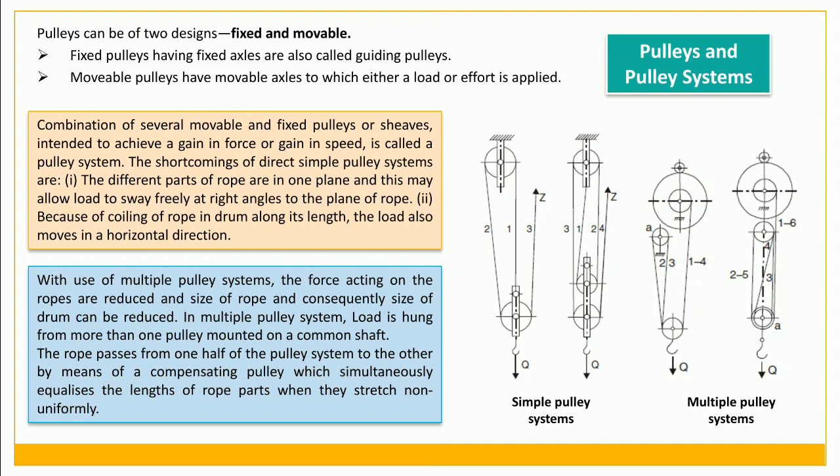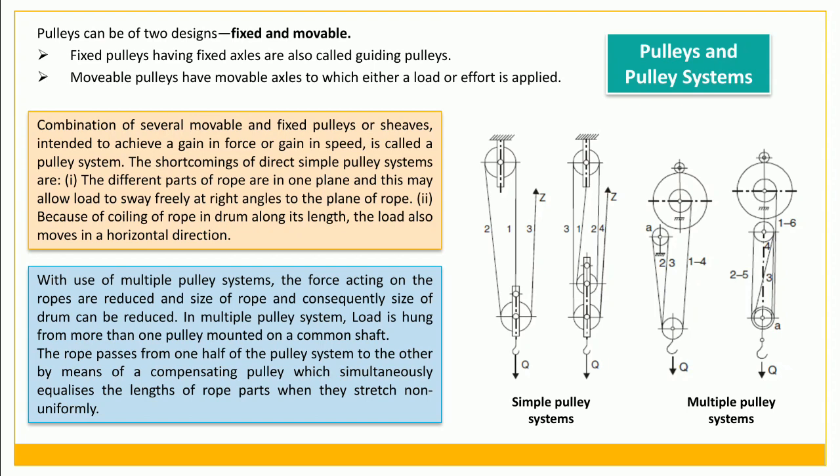Basically, if you consider 1 Newton to move 1 kilogram of mass at the rate of 1 meter per second squared in the direction of applied force, then you can easily calculate the mechanical advantage of the pulley. Okay, while you are considering using one pulley, there is a single pulley and a multiple pulley system. Now a pulley can be of two designs, one is fixed, another is movable.